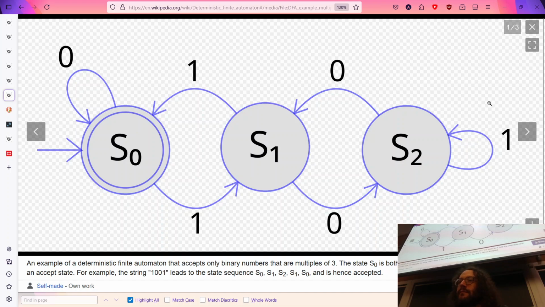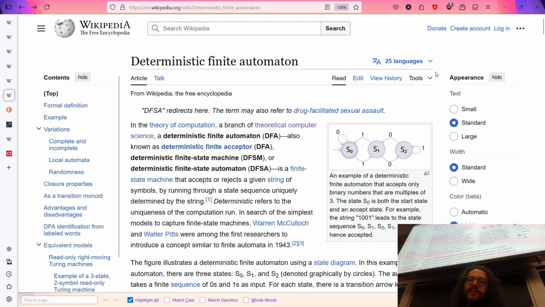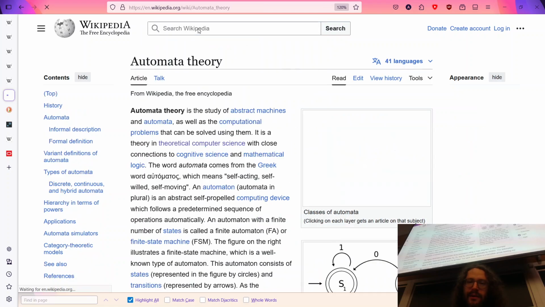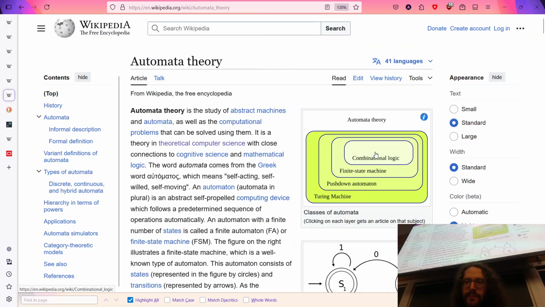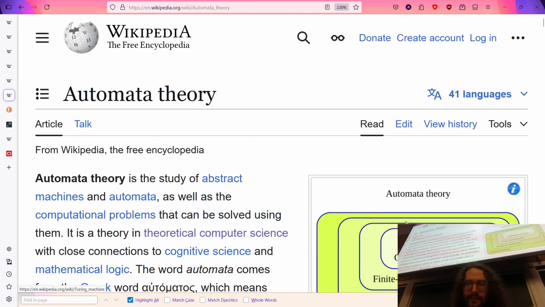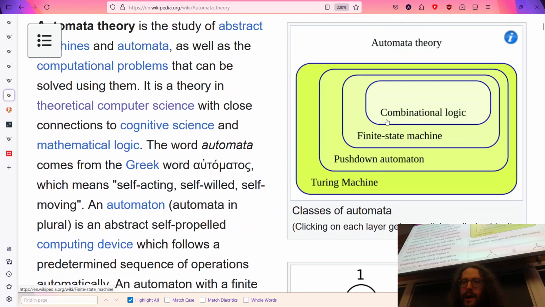Yes. So is it related to the idea of being Turing complete? Yes, it does. This is on the lower end of that, right? If we look at automata theory, Turing complete languages basically exist in this space. Okay? They exist in this space in automata theory. Whereas regular languages are basically the equivalent of a finite state machine. They're the linguistic representation of a finite state machine.